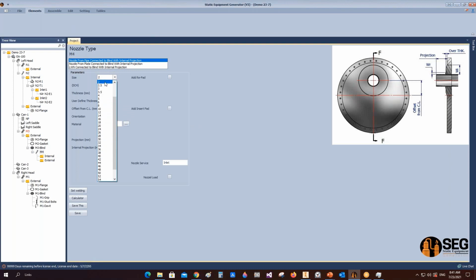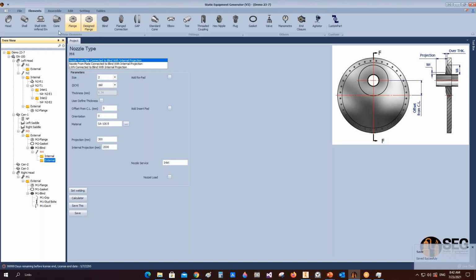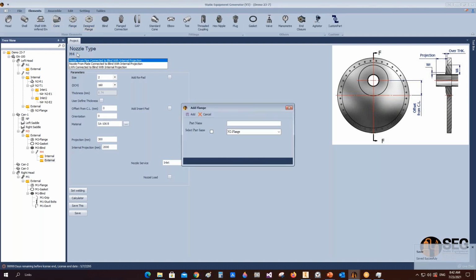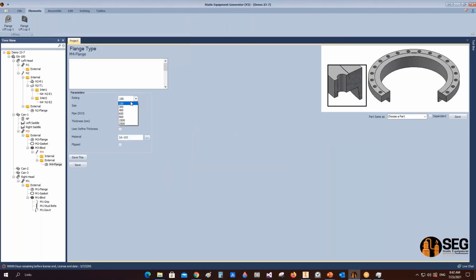Let's make it a nozzle from pipe with 2 inches, and let's define the schedule. Define the offset. Let's make it in the middle of the manway, or in this blind. Define the projection and internal projection. Let's make the projection 2 meters, for example. And from here, let's add an external flange to this nozzle to define the projection of this one. So N4 flange. From here, let's select